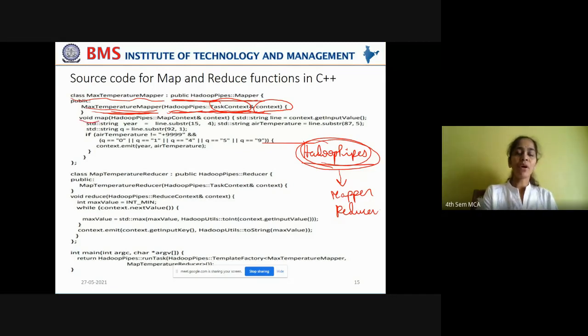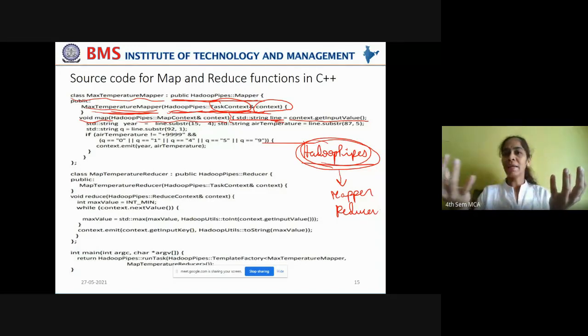Now you are going to define the map function. In this max temperature mapper class, you are going to define the map function. In this map function, you can see you're using the context object, and here starts the definition of this map function. What you're doing here, initially, is getting the input value from the context variable, that is nothing but the record, the offset of the file and the record of the entire data that is captured and stored at that file offset.